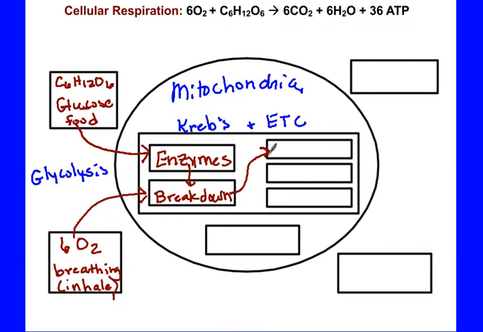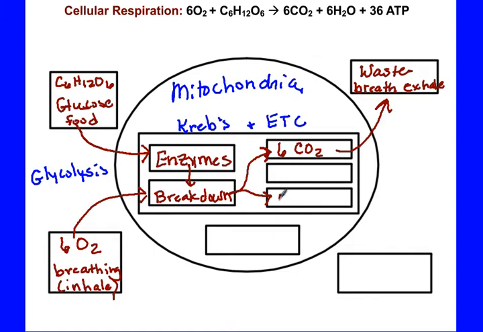So up here, we're going to have 6 CO2s. Now, CO2 is a waste product, so we're going to get rid of it. It's going to leave our cells. Let's go ahead and put that it's a waste. And we get rid of carbon dioxide, again, by breathing, and this occurs when we exhale. So over here we're breathing in, or inhaling, the oxygen, and over here we're breathing out the carbon dioxide waste. We're also going to produce down here